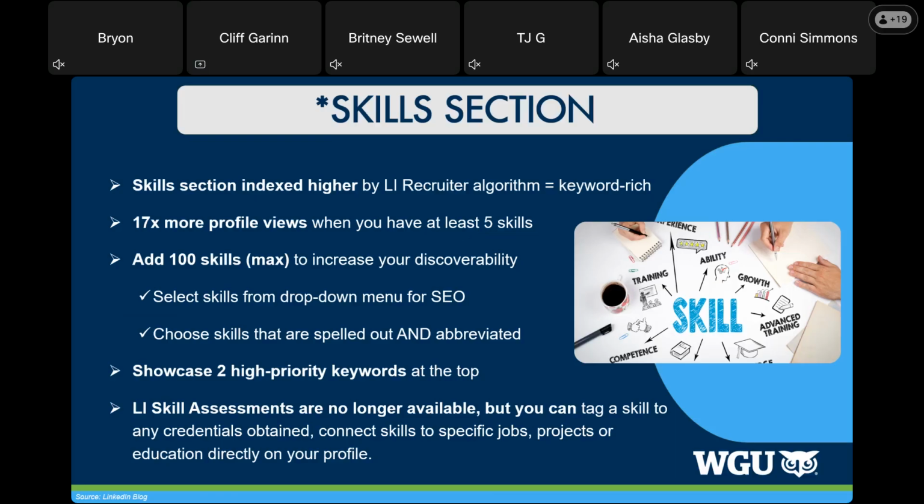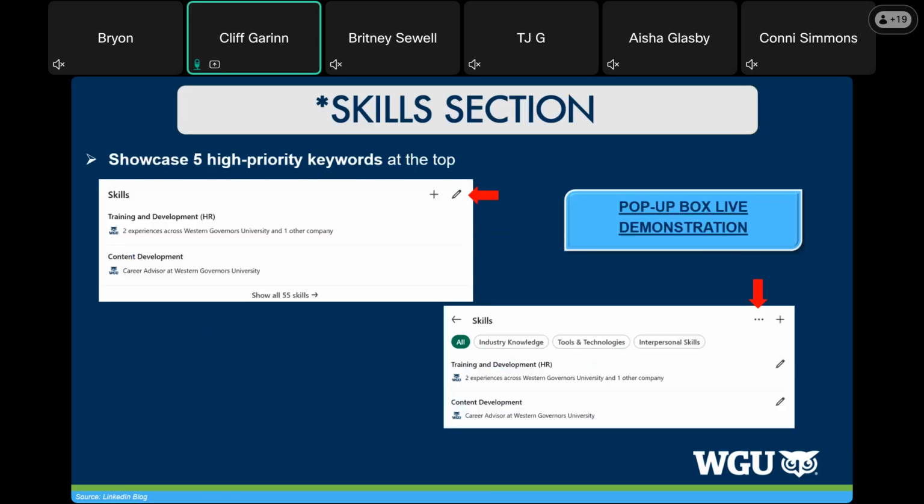All right. So again, that LinkedIn skills assessment, there used to be an assessment. It's no longer available, but you can still tag to a skill and credential that you've obtained. Again, LinkedIn changes things up every once in a while, so we try to give some tips on how to enhance the updates. As long as we can catch them and understand them, we try to include them.